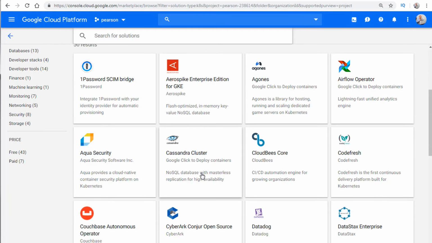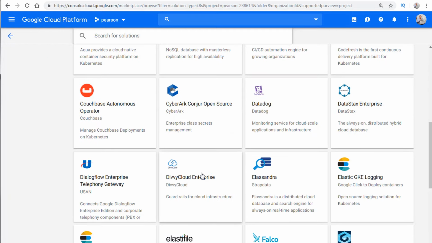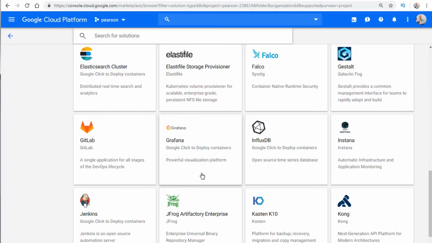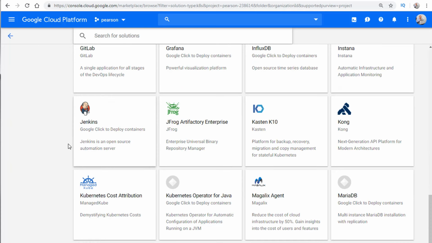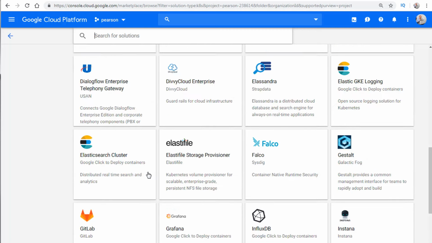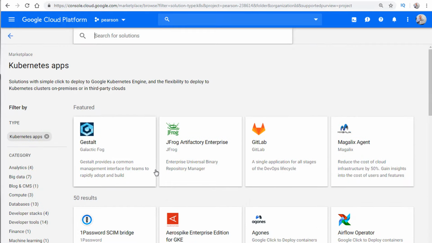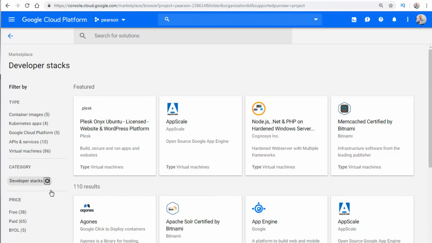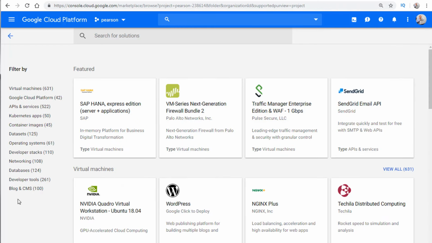We have everything from monitoring to Couchbase to Elasticsearch to other services like GitLab. We have Jenkins, of course. We have other services like Neo and Nginx. A lot of other services that we could consider using on Google Cloud. Now, we also have development stacks that we could use. And then if we go back and get that out of the way,